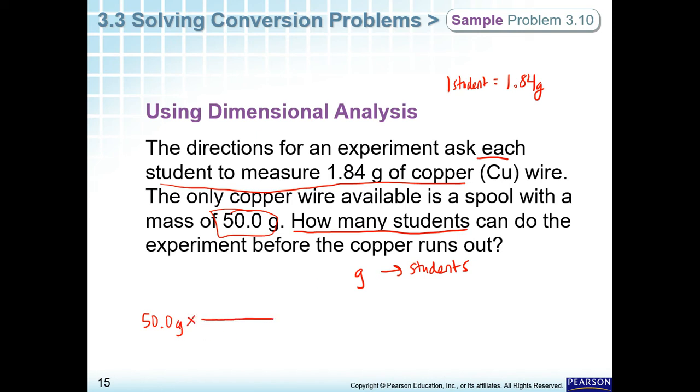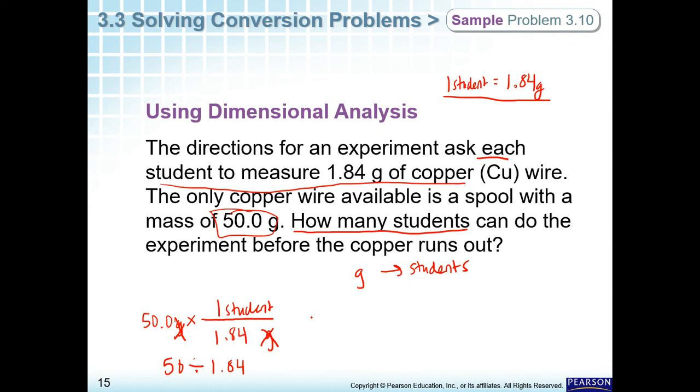So in order to cancel units, grams needs to go on the bottom. And do I have a way to get to students? I do. Up here, one student is 1.84 grams. So one student is 1.84 grams. This allows me to cancel my grams, and I'm left with student on the top, which is exactly what I wanted. Note here, if you're going to plug this into your calculator, 1.84 is on the bottom. So 50 divided by 1.84 in your calculator,